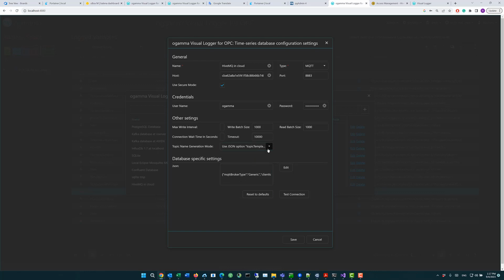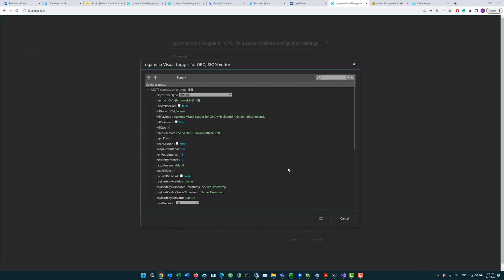Okay, so right now it's about topic, and in order to configure the topic, we go to the JSON editor, which is like a free form of configuration settings. It is easy to modify the structure of these configuration settings using JSON structure. That's why we use the JSON editor here. And I have configuration for the topics to use a server tag. This is / to separate elements in the topic, and then we want to use browse path,